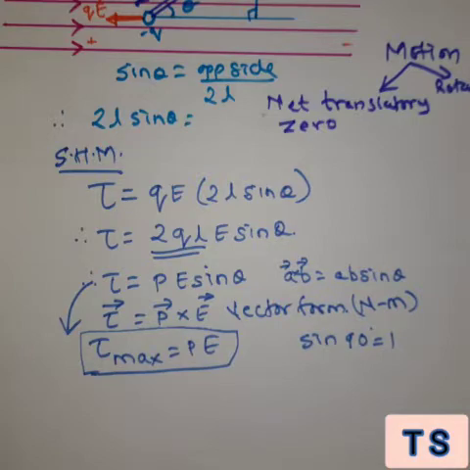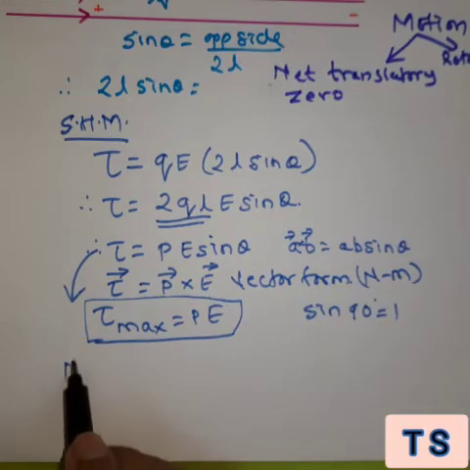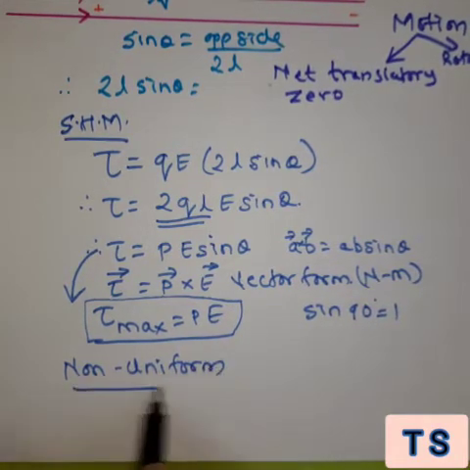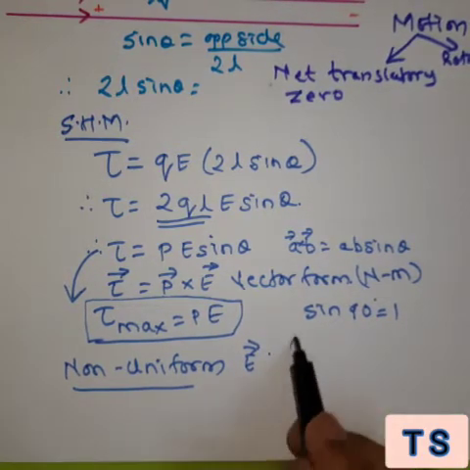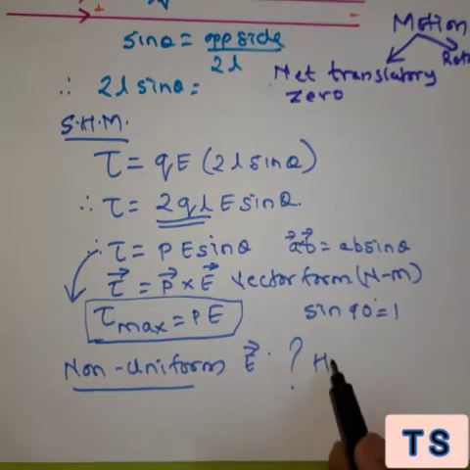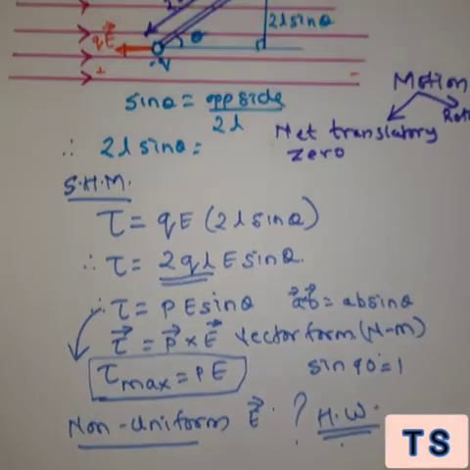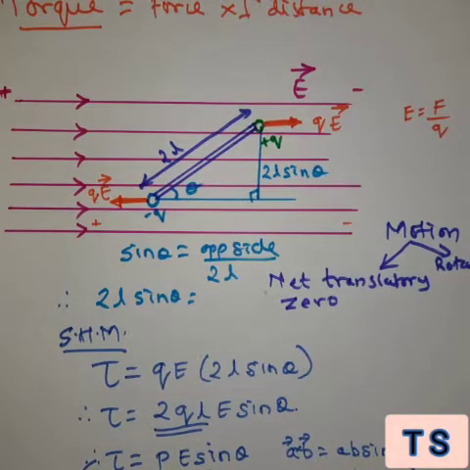But let's say that such a dipole is placed in a non-uniform electric field, then what will happen? This is your homework, and I know you are all so smart. You will work on this and tell me the answer. This is the derivation you should know. They have asked this in the boards for 2 to 3 marks, and you should know how to derive it.